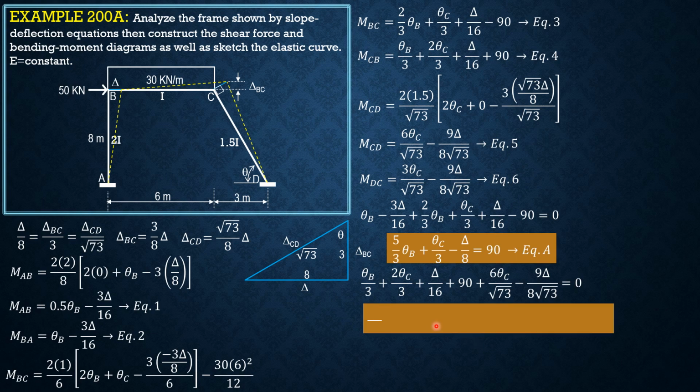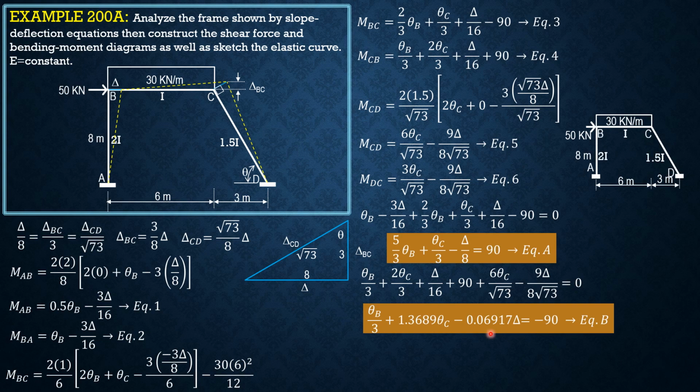Simplifying, combining like terms, theta B over 3 plus 1.3689 theta C minus 0.06917 delta equals negative 90. Equation B. Then we establish another equation because there are 3 unknowns in these equations here, and that is based